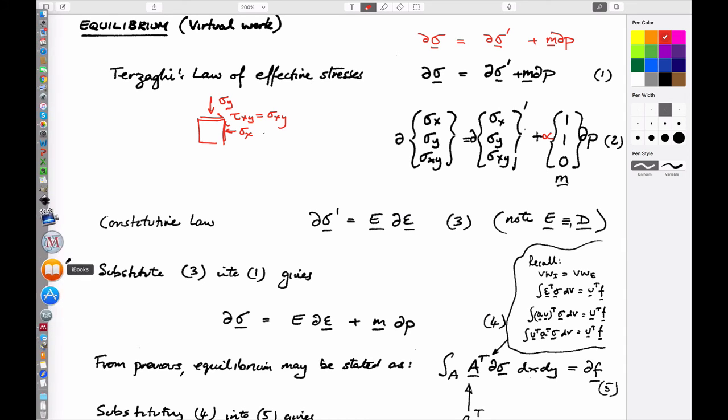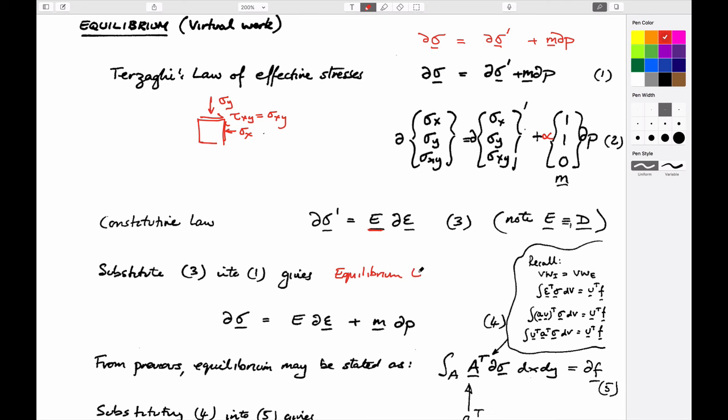The reason we do it is because the constitutive law is written in terms of effective stresses. Let's, instead of using D for the constitutive law, write it as Hooke's law in terms of modulus. It'd be the same as we had before for plane strain or plane stresses. And then what we could do, because we've made the case that the equilibrium equations are written in terms of total stress,